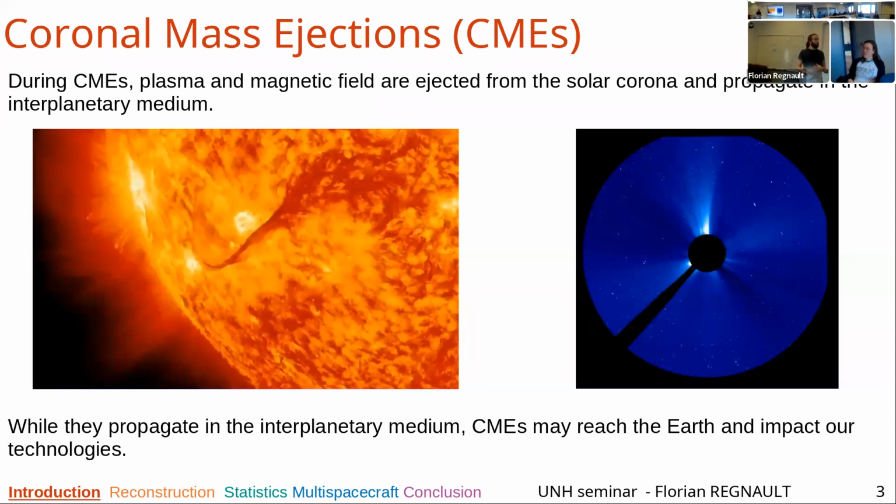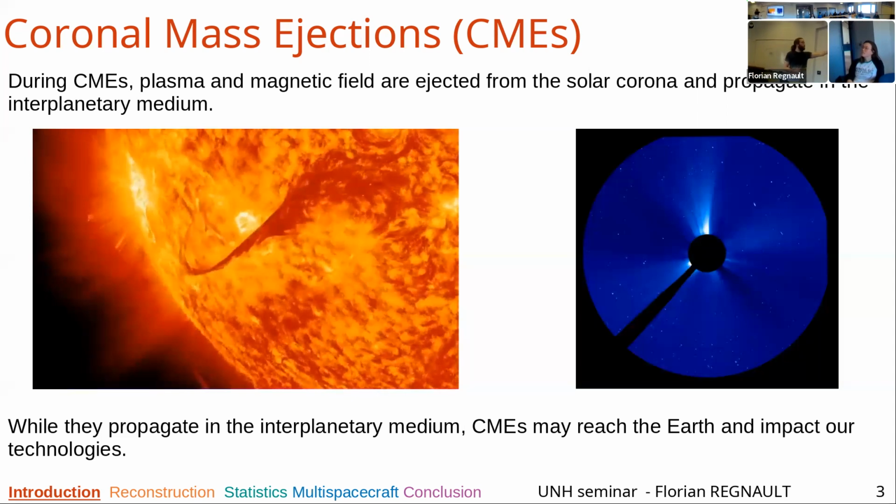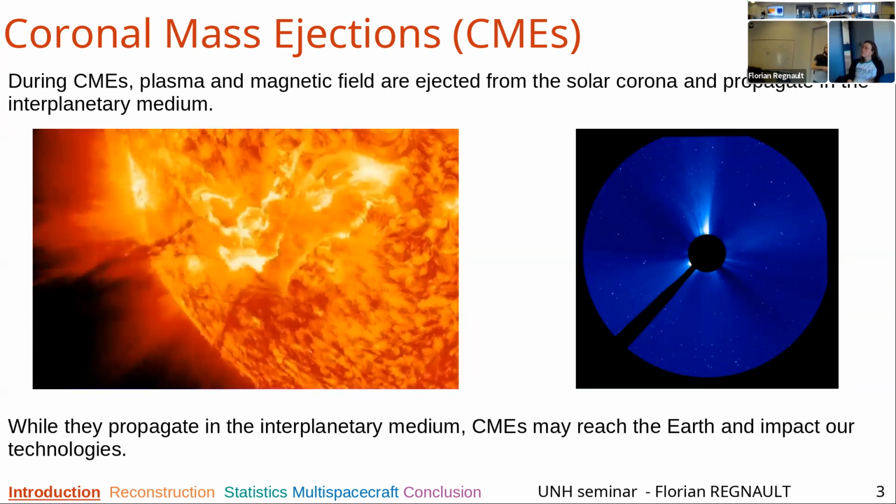We can observe them in multiple ways. First, on the left-hand side here, you have extreme ultraviolet images of the sun, where you have this kind of structure that is called a prominence. This is a magnetic arch that is able to hold some material. This is what you can see here. This kind of structure can be stable in the solar atmosphere for a few hours up to a few days. And then sometimes they can start to erupt, as you can see here,